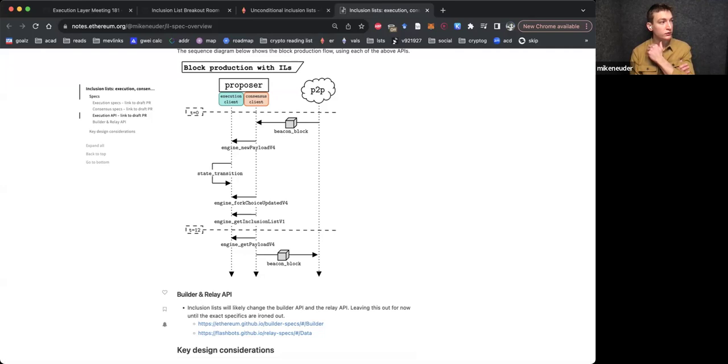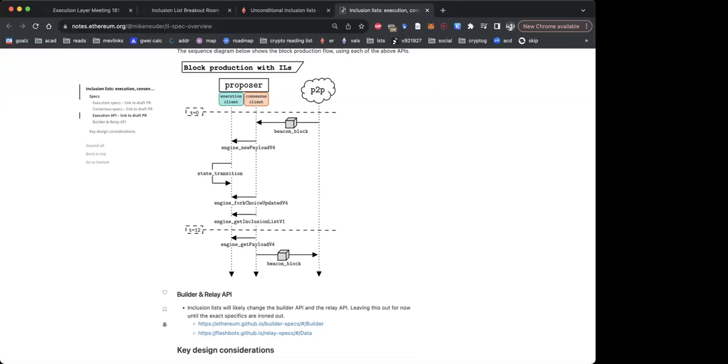I guess I also don't see a super big problem with having an inclusion list that you satisfy yourself with your own block. It's a little weird, but it's also a little weird to ensure that those transactions have to wait another slot when you yourself want to include them. So also, you could just make the default behavior, if you're building your own block, to sign an empty inclusion list. You know, I like that.